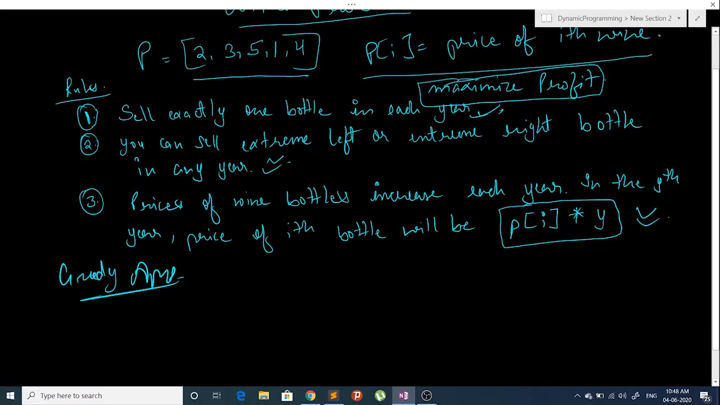In this problem I have two options in the first year, that is I can sell the bottle with price 2 or the bottle with price 4. So I will sell the bottle with price 2, that is I will have a profit of 2 times 1. In the next year I have to choose between 3 and 4. So I will choose 3 here. So I will get 3 times 2 plus